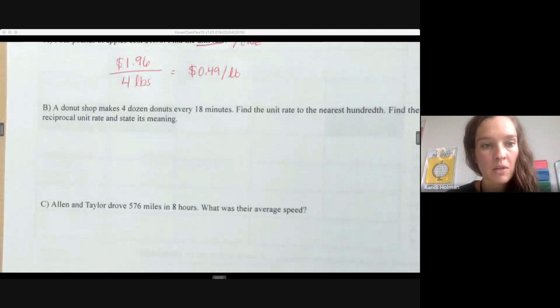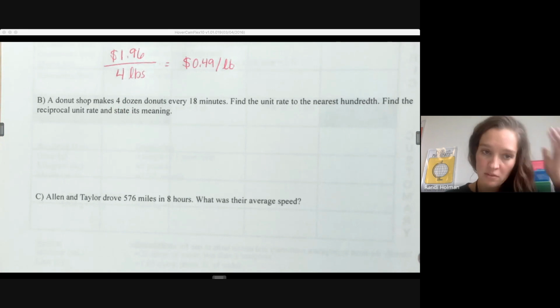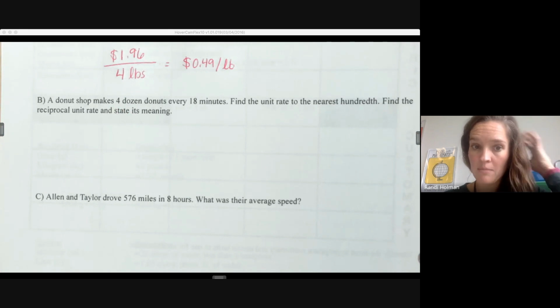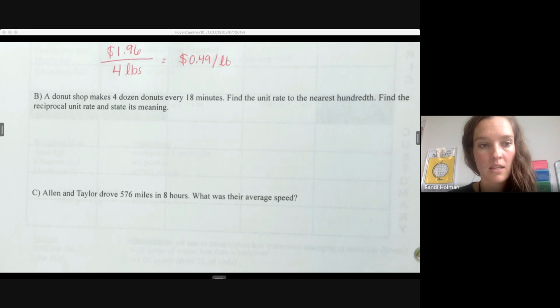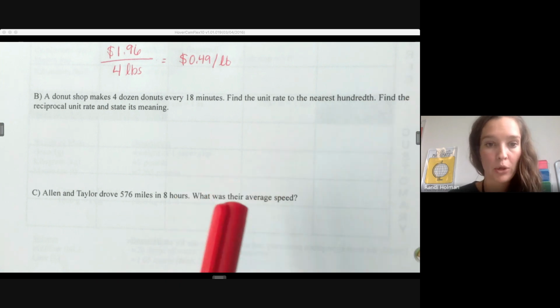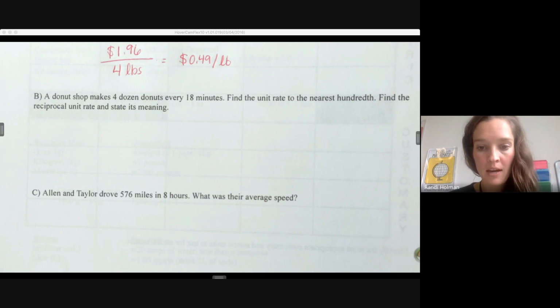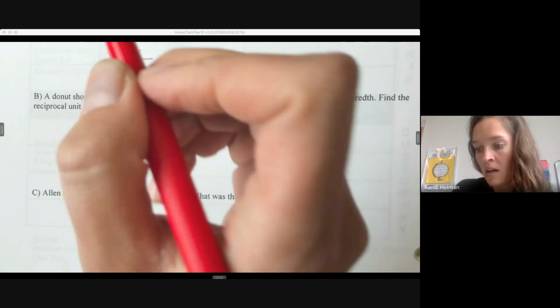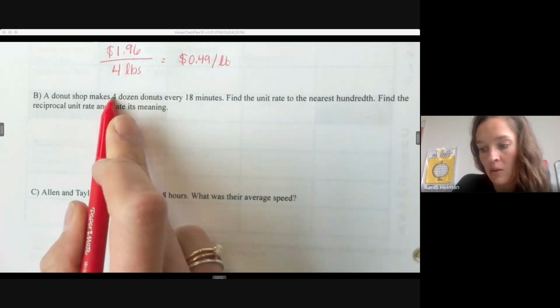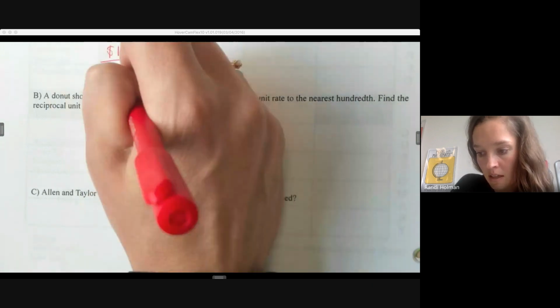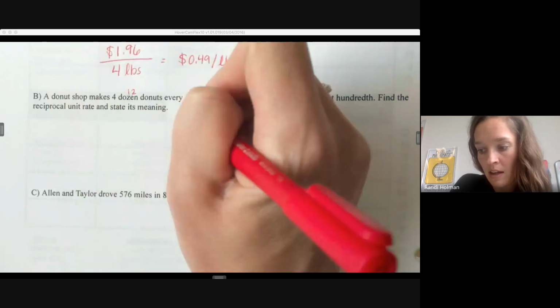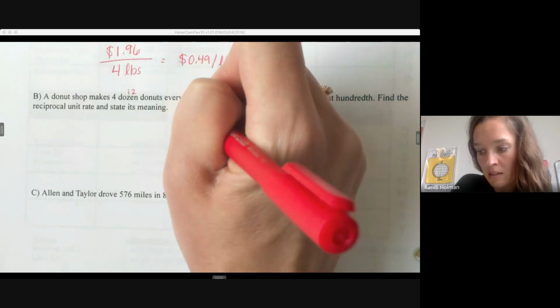Okay, this next one we're going to look at both ways. A donut shop makes 4 dozen donuts every 18 minutes. Find the unit rate to the nearest hundredth and the reciprocal unit rate. So the reciprocal unit rate is just looking at it the other way. So we could look at how many donuts per minute or how many minutes per donut, and both of those could be useful depending on what we're looking at. So let's start off by figuring out how many donuts this is. 4 dozen donuts, that's 4 12s, so that's 48 donuts